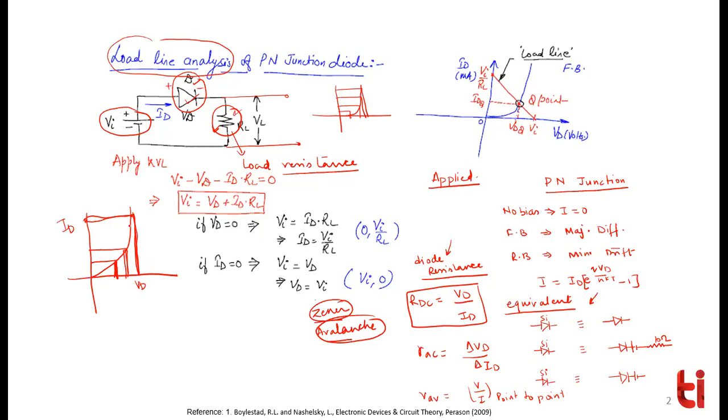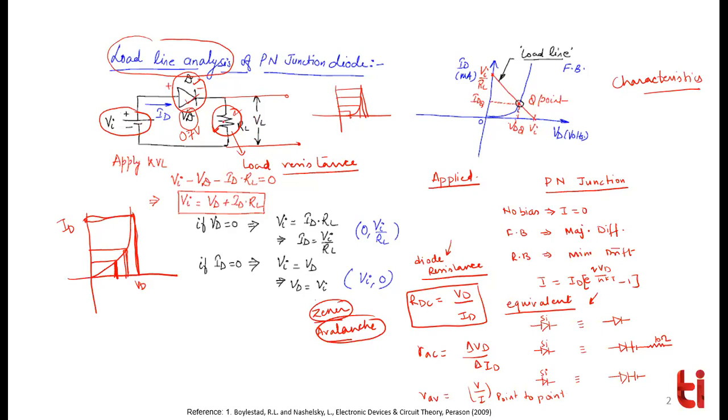Okay, so this is known as a load line analysis, and you can only do this whenever the characteristics are given. Remember, I am again and again saying, whenever the characteristics are given. If the characteristics are not given, then you will simply say VD is equal to 0.7 volt. You will directly assume it, because the model says the voltage across a silicon diode is always 0.7. So if the battery is 5 volt, you will assume the load voltage is 4.3.